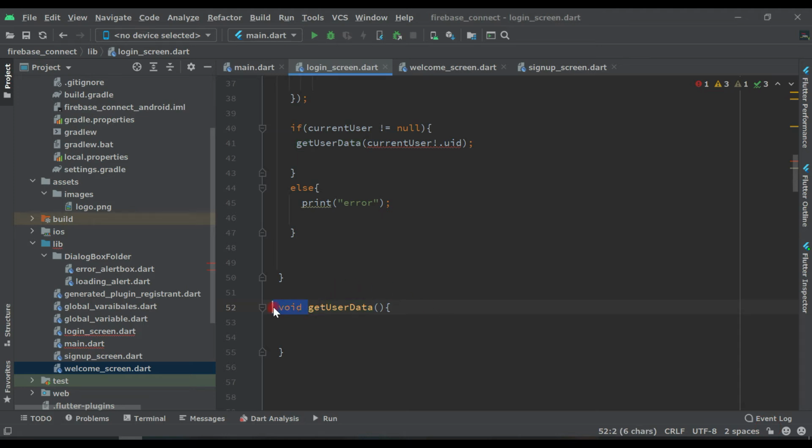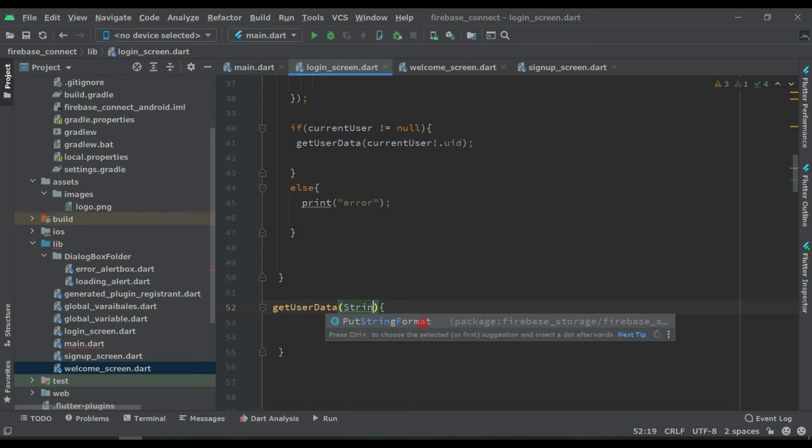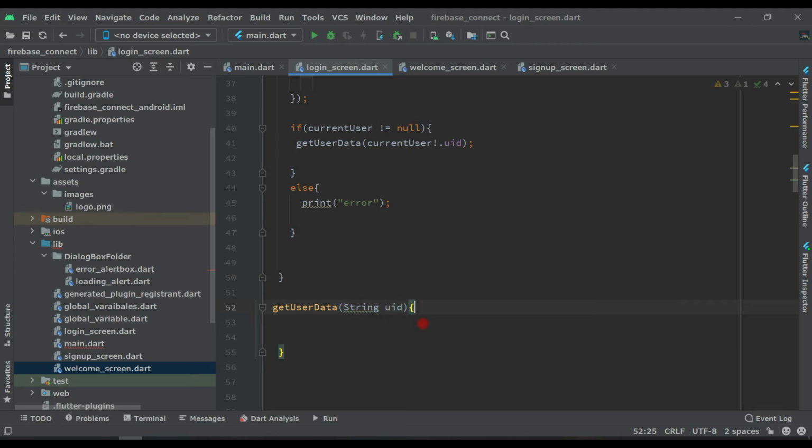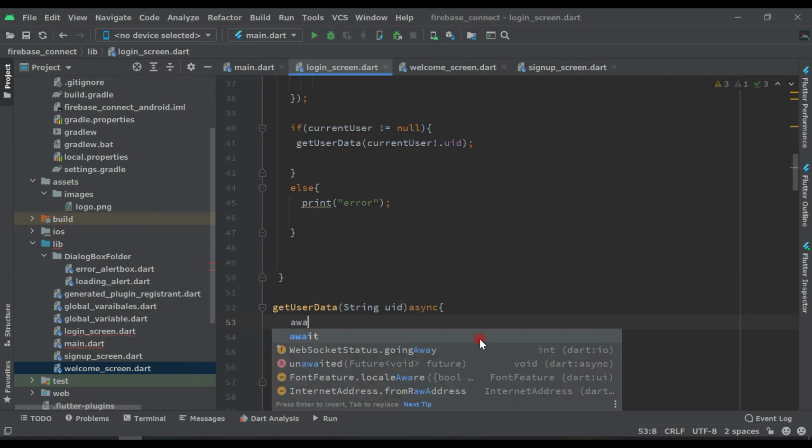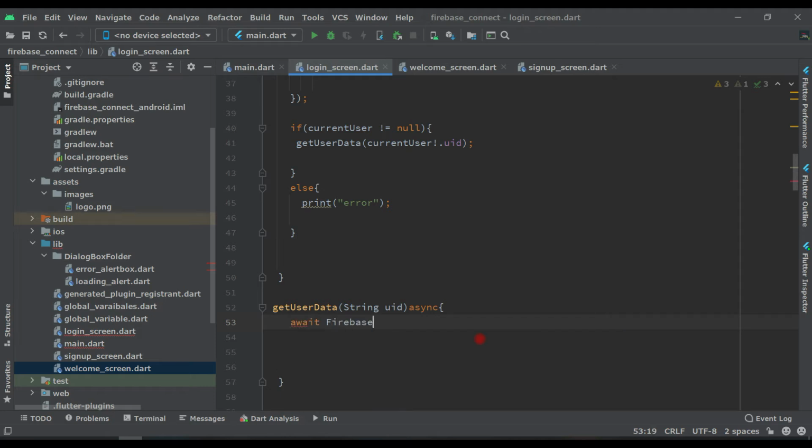Here remove this, and right here a string uid, and here right here async type, and here await Firebase firestore dot instance dot collection, and collection is users, and dot doc uid dot get dot then,